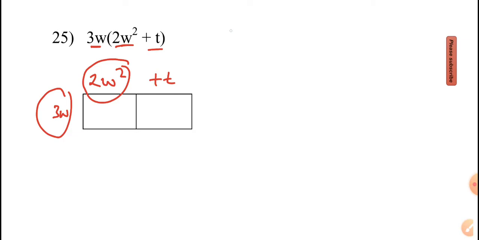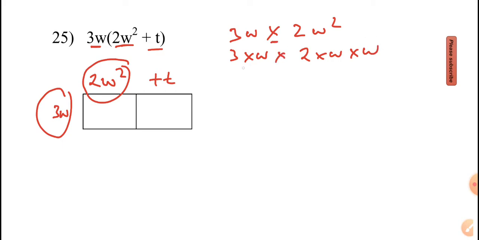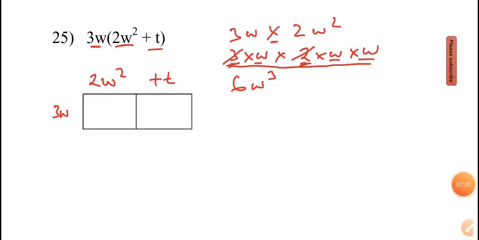So we have 3w times 2w squared, which is the same as saying 3 times w, and 2w squared is the same as saying 2 times w times w. And with the times sign, just put times there. Now because they're all multiplying, we can multiply them in any order. So we can do 3 times 2 first, which is 6, so we've dealt with that, and then we've got w times w, which is w cubed. So we can just copy that down,